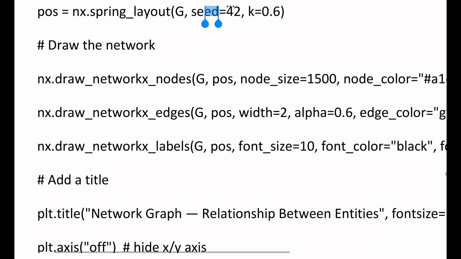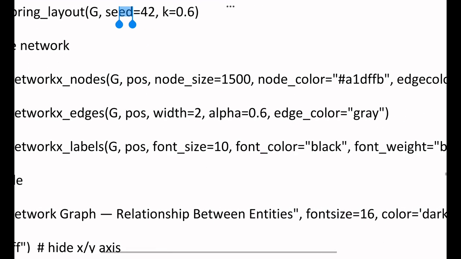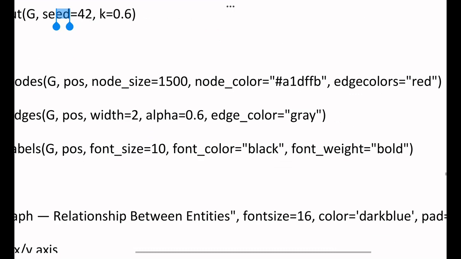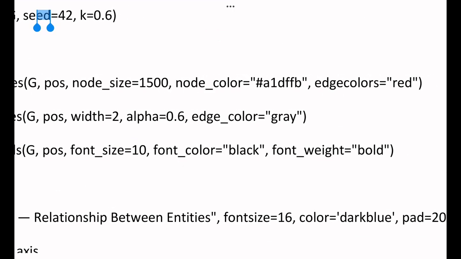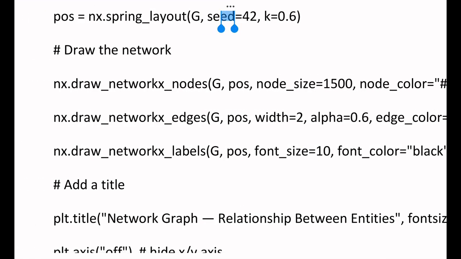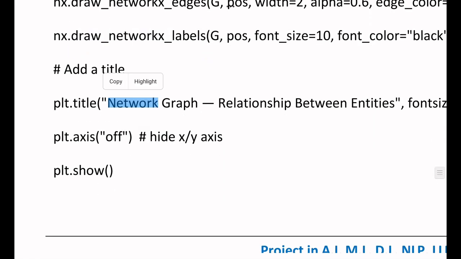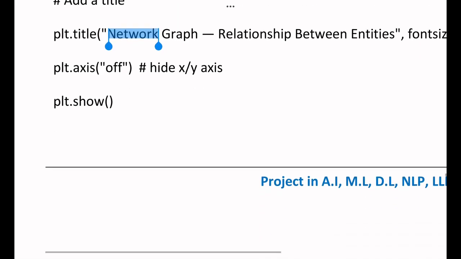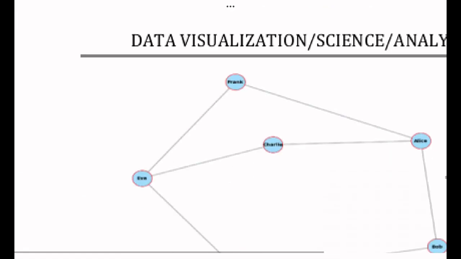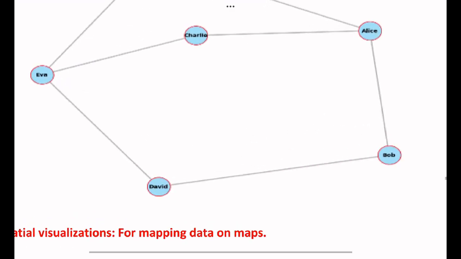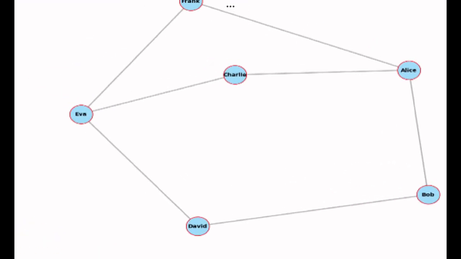After that I am drawing the network. I am giving the size of each node and colors. Some colors are gray, bold, with sizes for the nodes, edges, and labels. I am giving the title for my graph, and at last I will show the graph. So this is the overall display. Similarly, you can design such types of networks in your discrete mathematics, in your networking and other